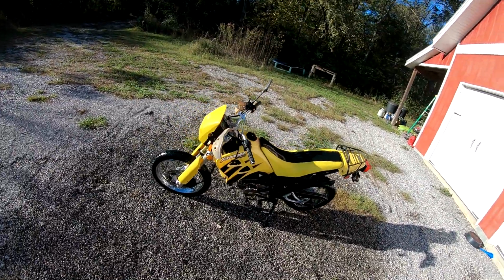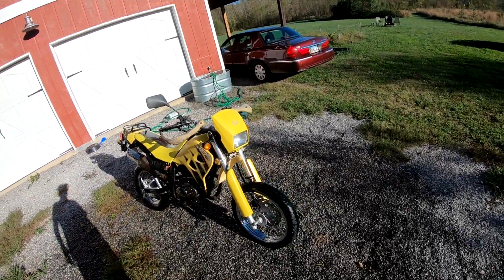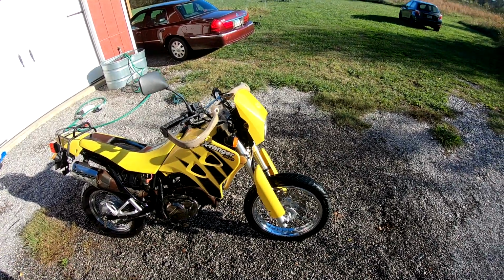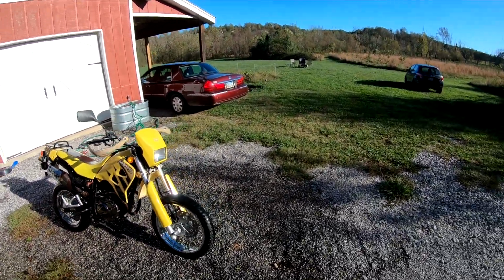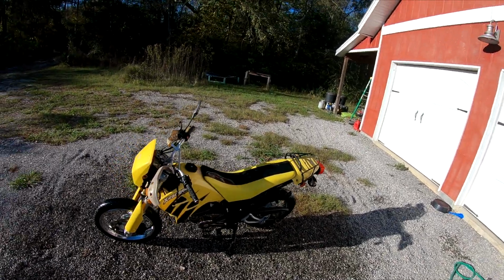Alright, I'm gonna let this dry, and once it's dried up I can put it in the garage. That's probably what I'll do now, is go make room in the garage, because I forgot to the other day. But I'm gonna take that broken front fender off too. But it definitely looks way better when it's cleaned up. And by the time I detail it and do what I do, it should look pretty